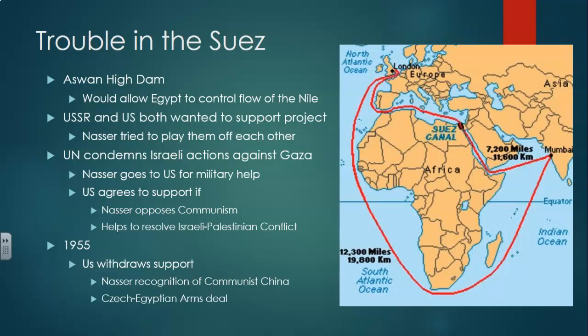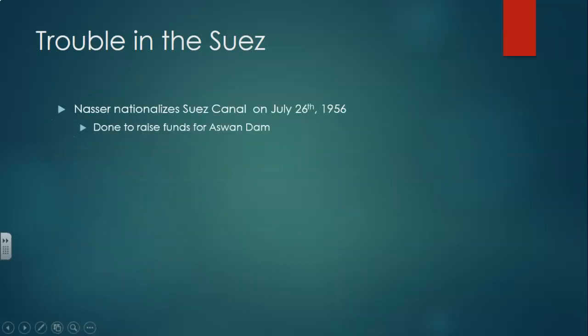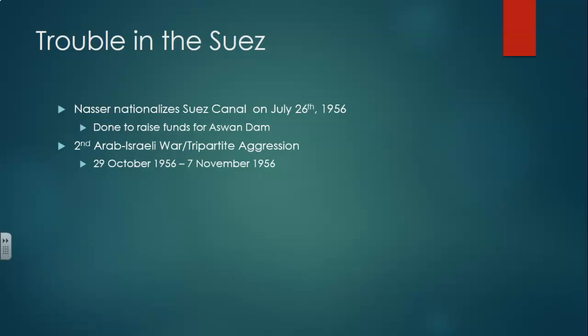They do not like that, so the United States is going to withdraw support. Then Nasser is going to nationalize the Suez Canal July 26, 1956, at a speech in Alexandria. And the reason he's doing this is to raise funds for the Aswan Dam. He realizes that he can charge a toll on anyone coming through the Suez Canal. He can use this money then to pay for the Aswan Dam. So really, in terms of trying to get benefit right through here, Nasser found a good way to raise some